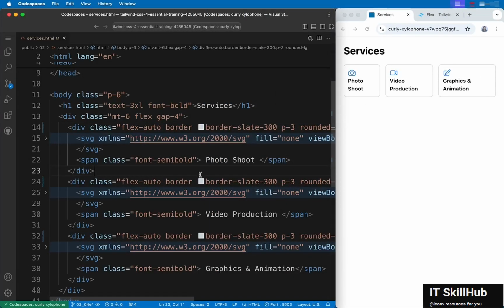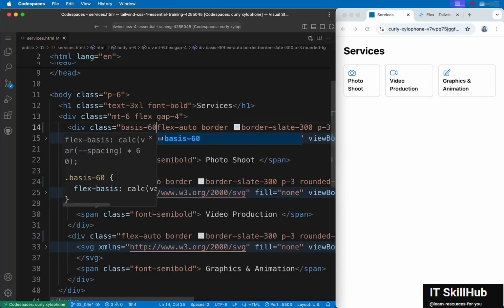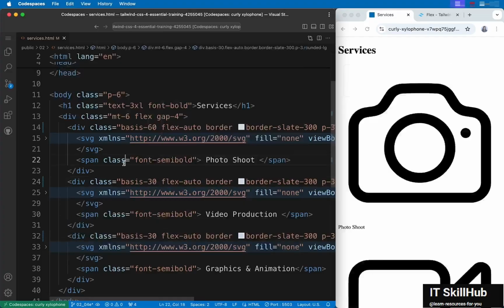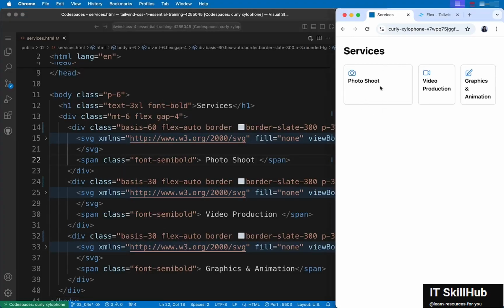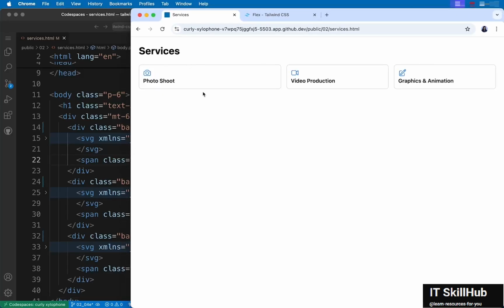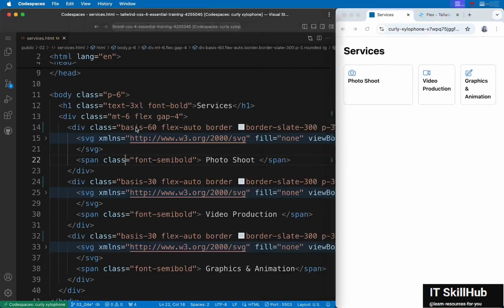And then we see something else. So right now, the initial width is defined by the content inside, but you can change that using the basis utility class. This works very similar to width. So let me set a basis of 60. That's just like setting W60, but slightly works differently for flex items. So I'm setting basis 60 to the first item, and for the other 2, let me just set basis 30, so half of the first item, and you'll see what happens. Now you see the initial size is 60, 30, and 30, but as you expand, it will grow in such a way that it follows the initial size, but then distributes the remaining space available to all of them equally. So that's what basis does.